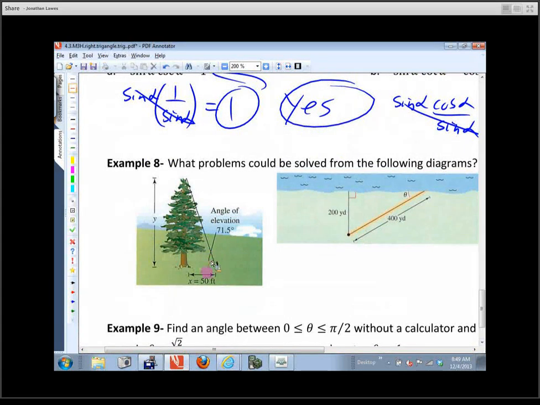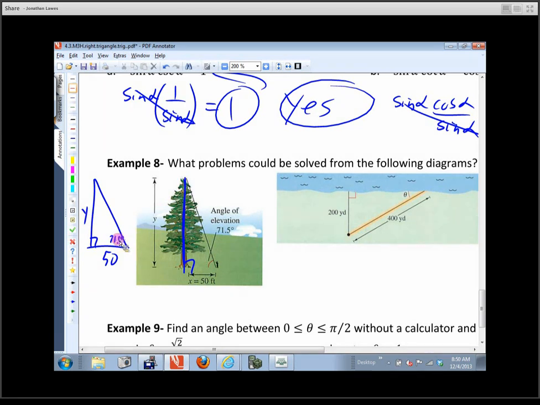So if I know this angle of elevation right here is 71.5 degrees, and I know that I'm 50 feet away from this tree when I take that measurement, what are we trying to find here? Trying to find how tall the tree is, right? Is that a right triangle? So if I drew that right triangle over here, and I said this is 50, and that's a right angle, and this is 71.5 degrees, and I want to find this right here,